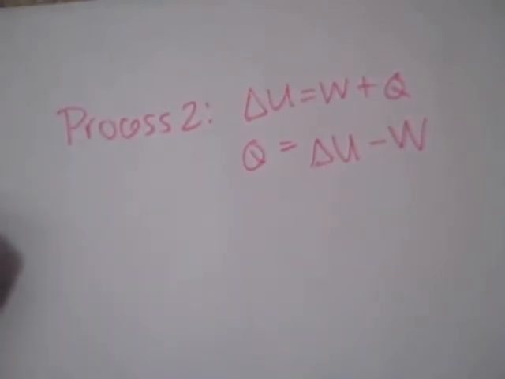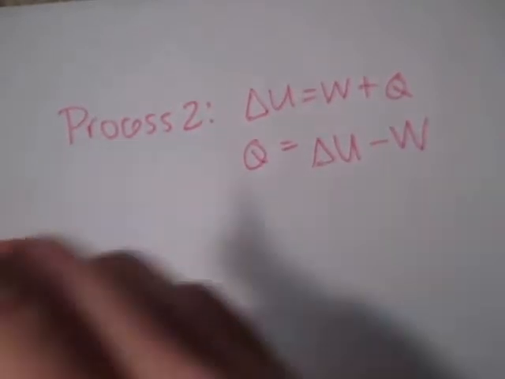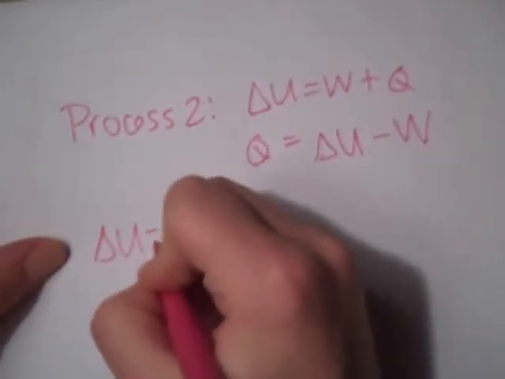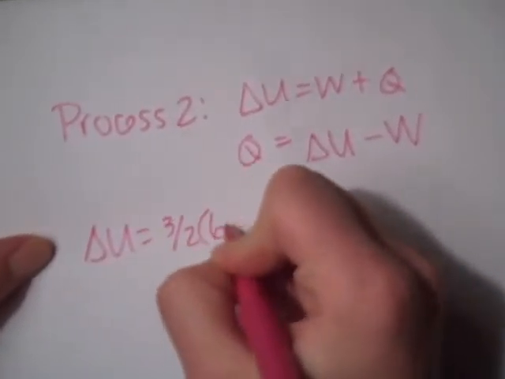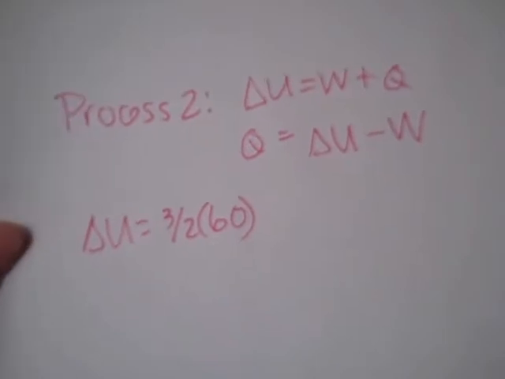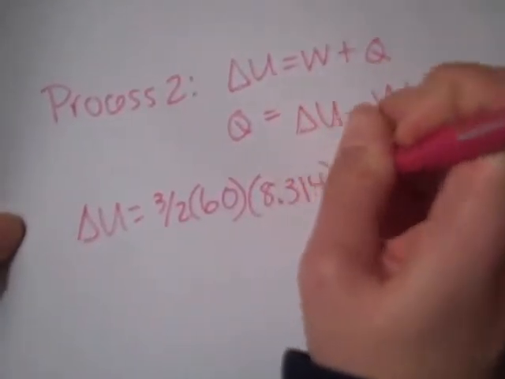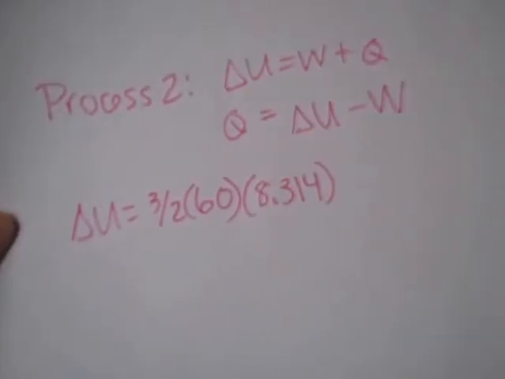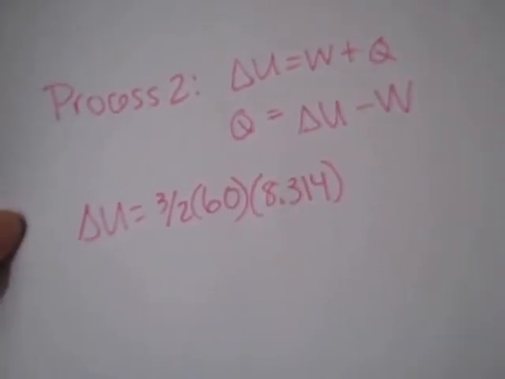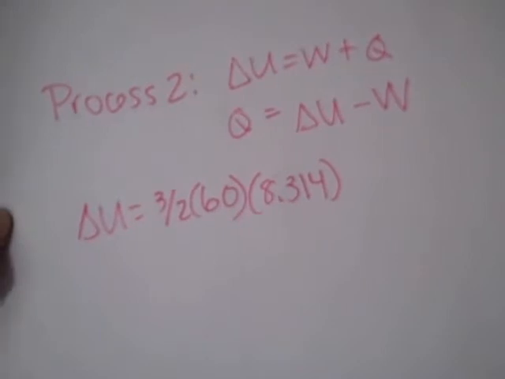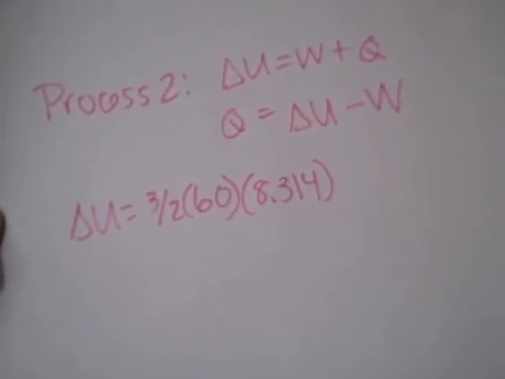We have to use the same method in order to find delta U, but then we have to additionally get the work. So first, delta U is going to be 3/2 times our number of moles times R times our change in temperature,